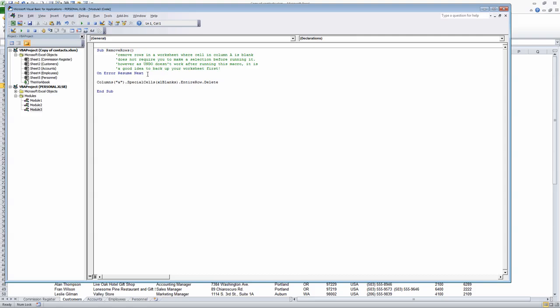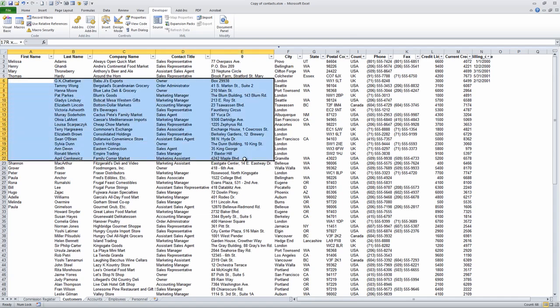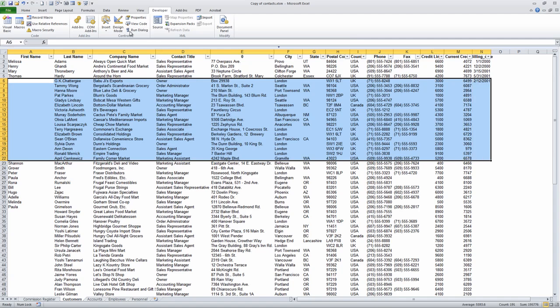Now that I've finished inside the Visual Basic Editor, I've created my macro. I'm just going to choose File, Close, and return to Microsoft Excel. Now the macro is stored not in this particular file, but in this special workbook. I want to test it, so the first thing I'll do is to save my file just in case everything goes haywire. The other thing I'm going to do is, just for my own purposes, format these particular rows,